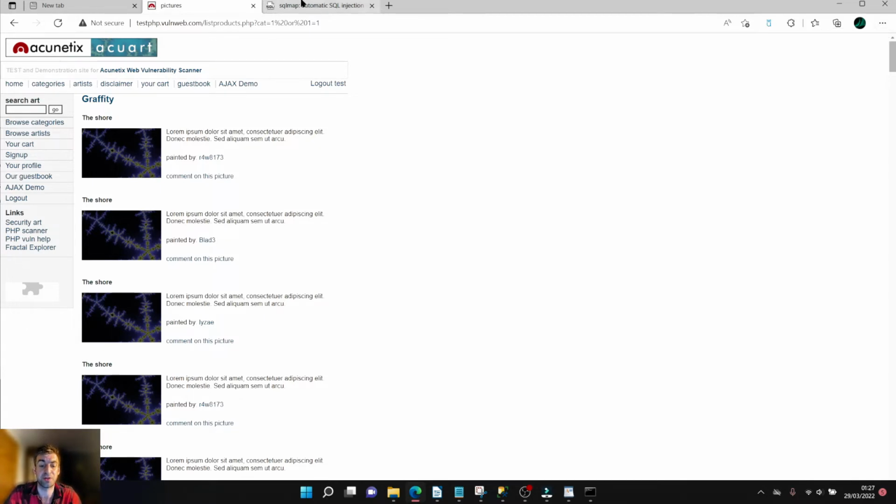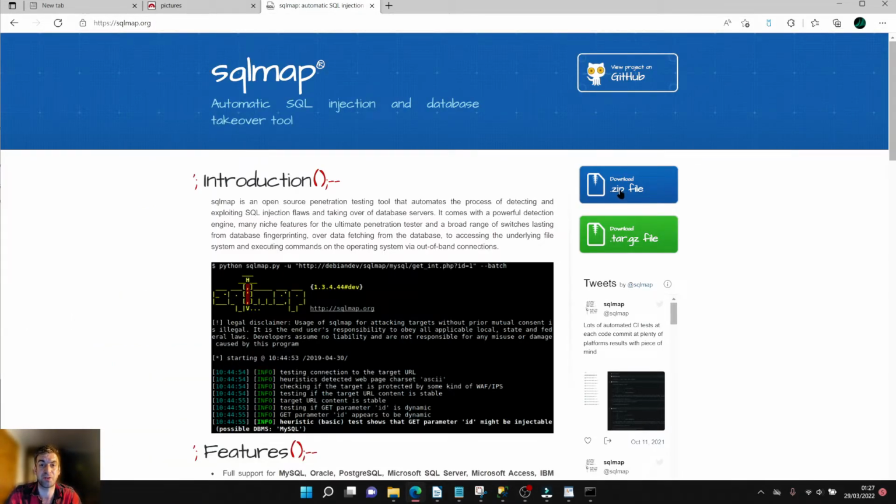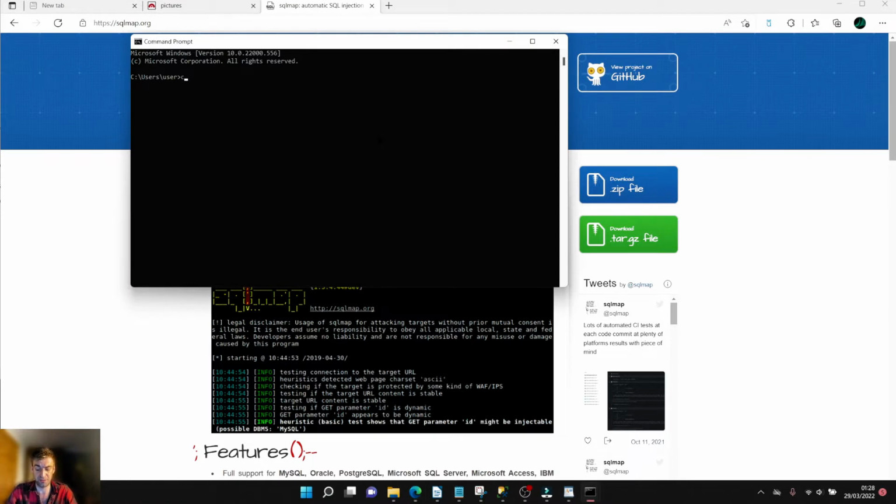Now if you go to sqlmap.org and just download the zip file, extract this to anywhere on your C drive, or if you're on Linux, anywhere in your file system, you can then run that using Python. You may need to install the Python compiler if you haven't already got it. Because I've already installed it, I'm just going to open up command prompt. Now I installed this into the root of C directory, so if we just navigate there, cd, and then cd into the SQL map folder,